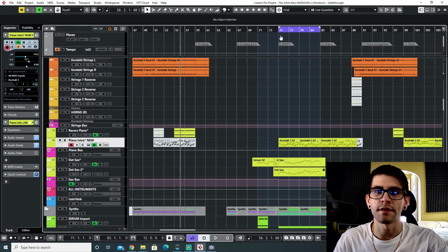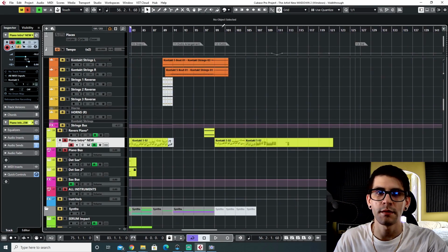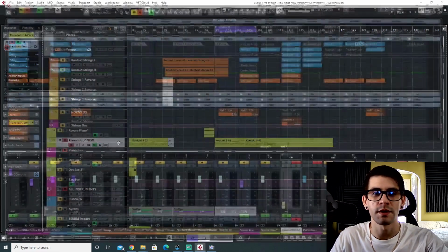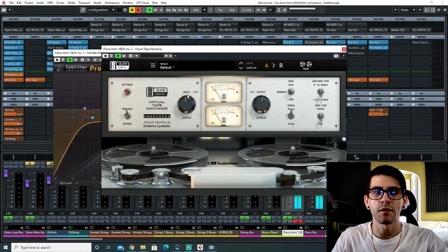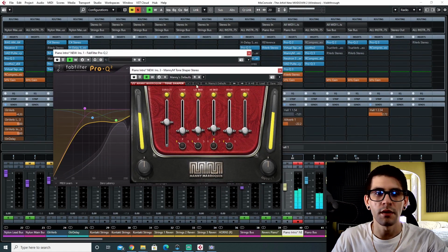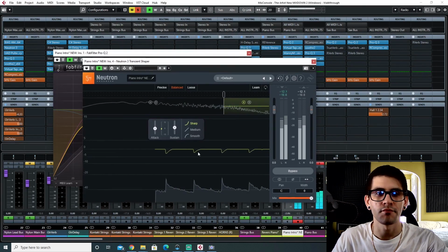The piano sound was obviously a huge part of this song, and I really wanted to make sure that I got it right. There's probably more processing than I normally would do on a piano, but that's because the piano is solo for a significant part of the song. It's the Giant, like a Kontakt library, but what I have is an EQ and a virtual tape machine, adding some warmth to it, which is really good for that. A little bit of a tone shaper, it looks like, adding some more high mids. And then Neutron, adding some...